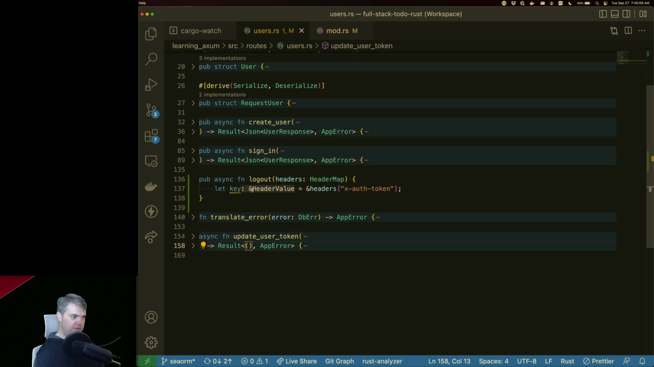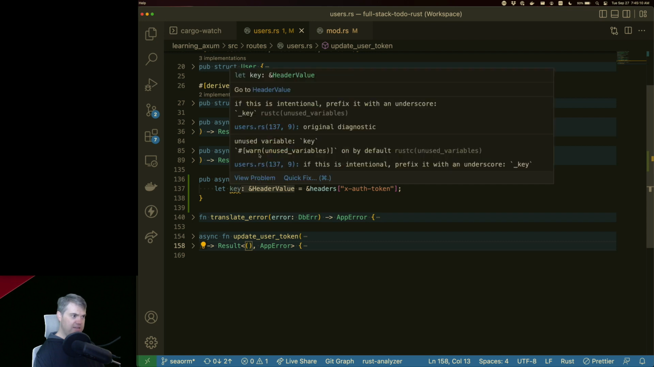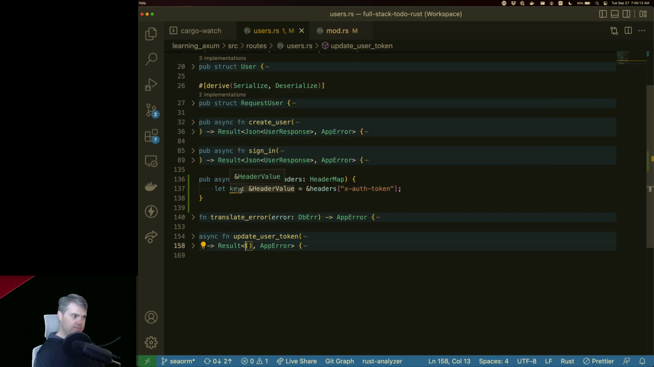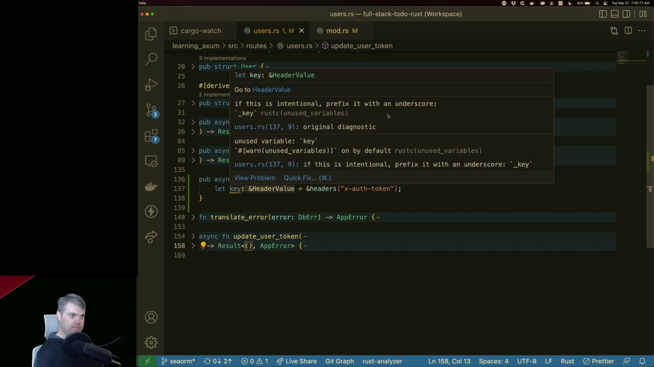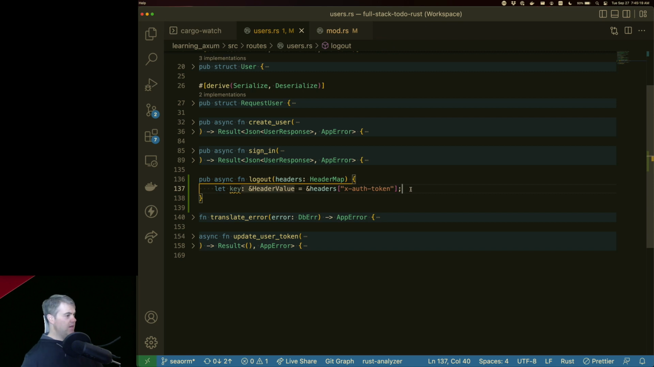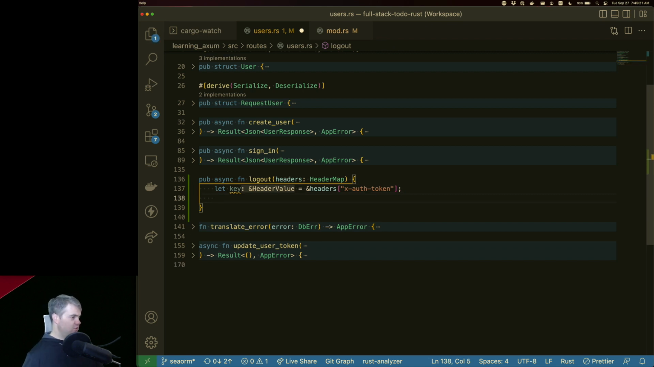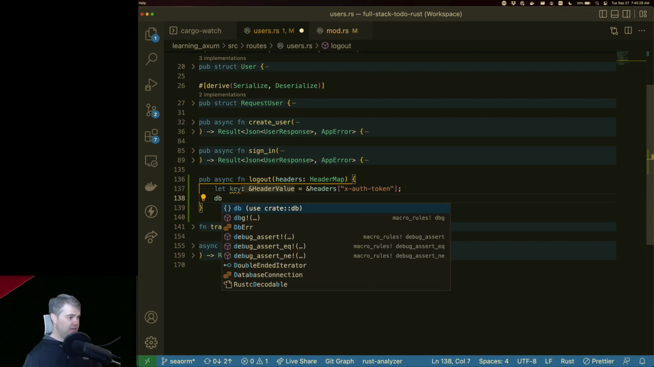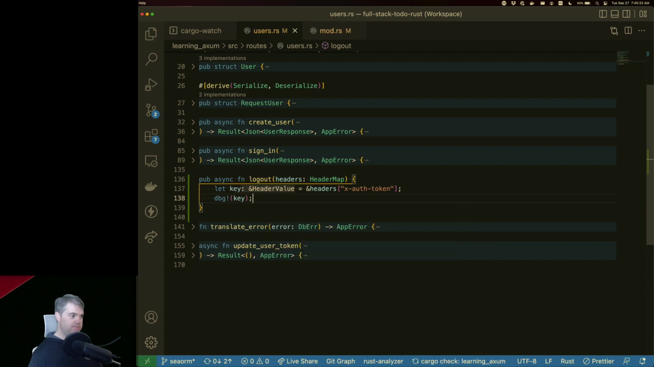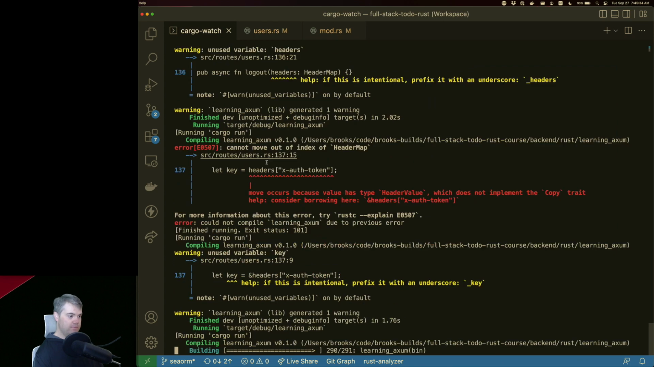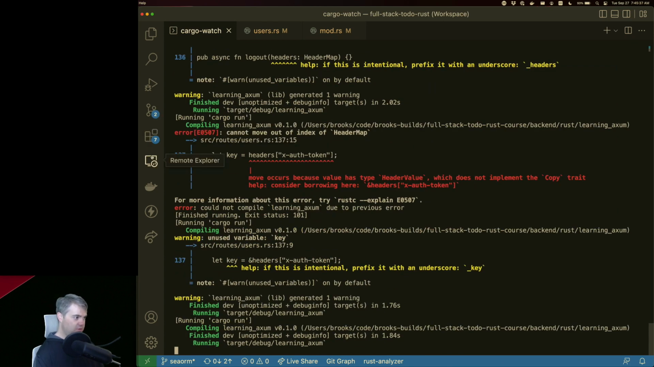Okay, so your header value, so we have this key. I want to use this to get into the database to remove it. Now, if I debug the key, okay, so we have cargo watch there. Let's go ahead and